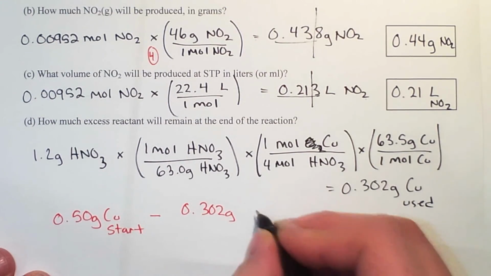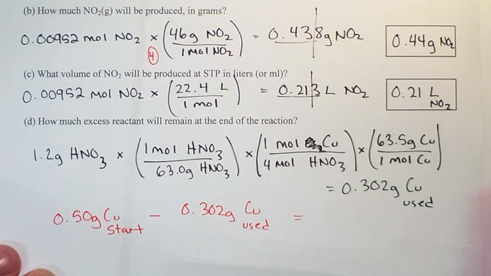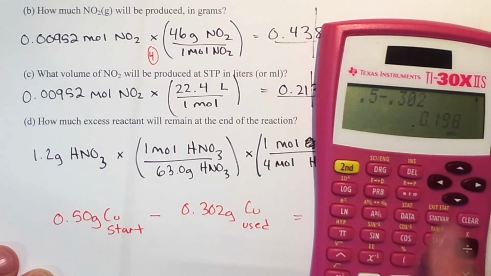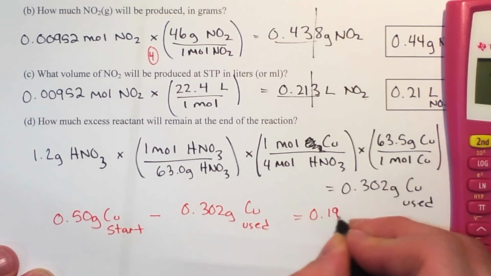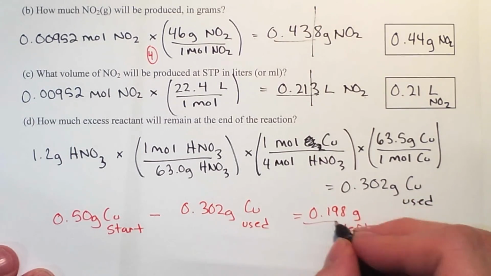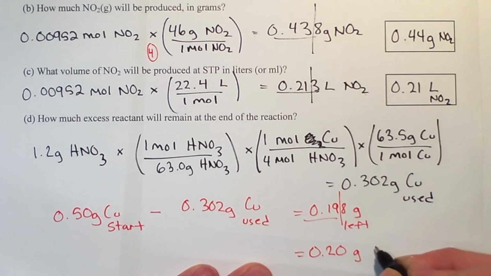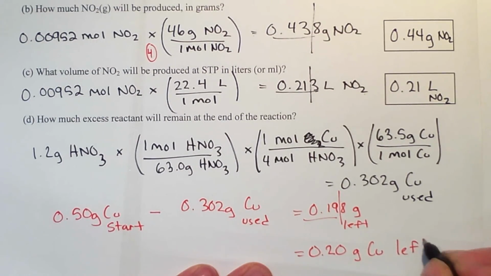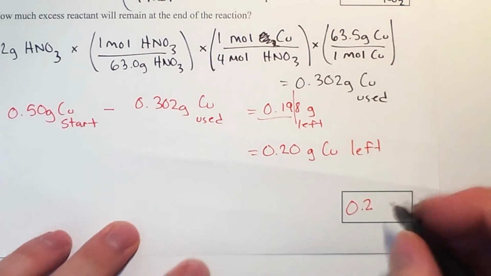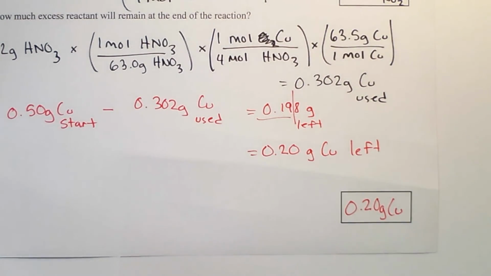I take away what I used, and that will tell me how much I have left. So 0.5 take away 0.302. Still constrained by those significant digits. So my answer is 0.20 grams of copper. That's pretty much how all those